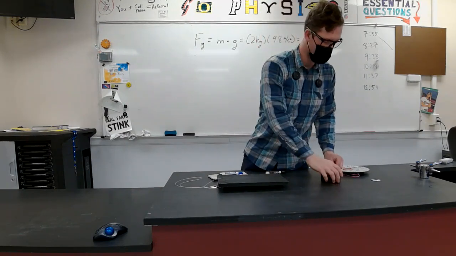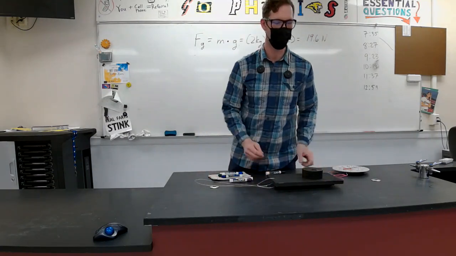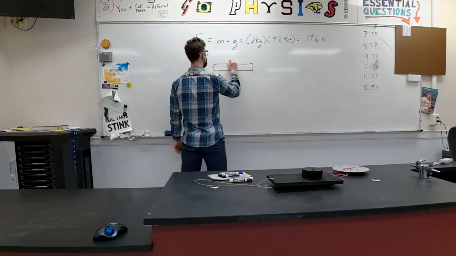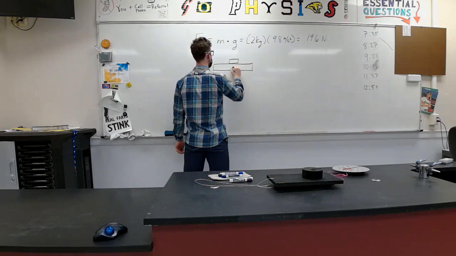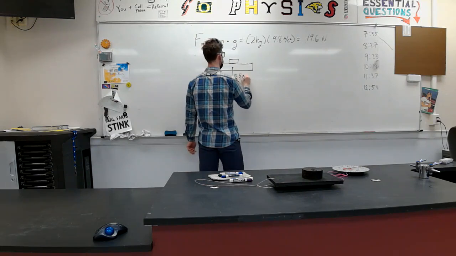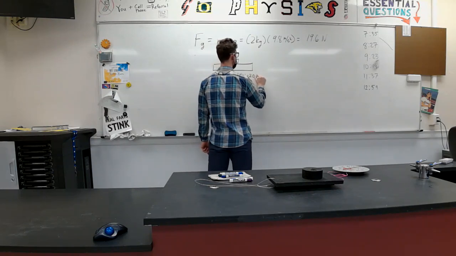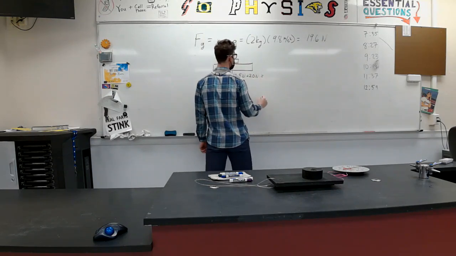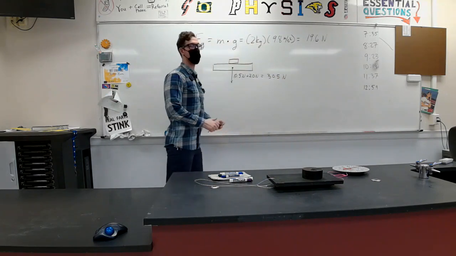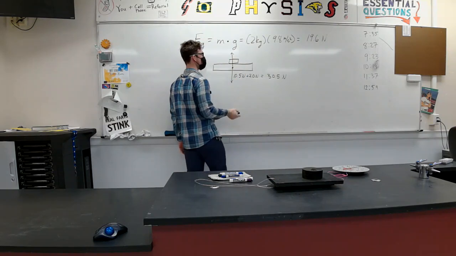If I place this mass onto the friction sled, now the overall force due to gravity is 10.5 newtons, the weight of the sled, plus, we'll just call it 20 newtons, the weight of the mass, which is 30.5 newtons. That means now the normal force, instead of being the original 10.5 newtons,